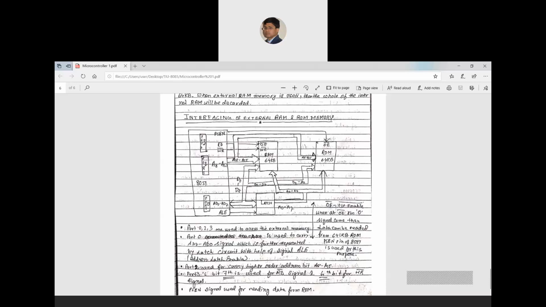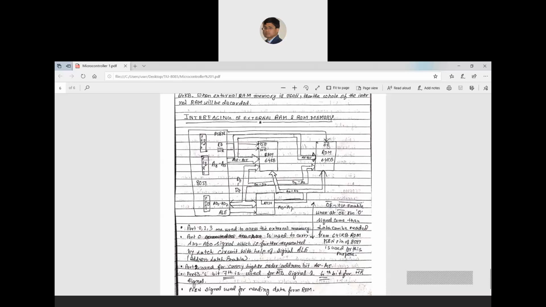Then you can see there is a dedicated address bus for the higher order A8 to A15. It also locates the same location in this RAM and the same location in this ROM. By making ALE high and giving values to AD0 to AD7 and A8 to A15, I can locate the same location in both RAM and ROM. Now the question is which one is enabled. I can locate the location, but if the chip is not enabled, it is not accessible. So there is an enable pin, PSEN, through which I can enable this.